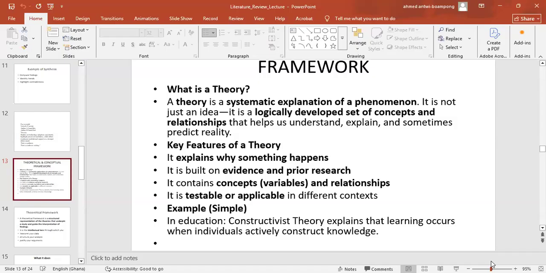So inductive is research that builds theory, and deductive is one that contributes to or extends theory. So you are working from theory. And so it's important that in our review, we understand